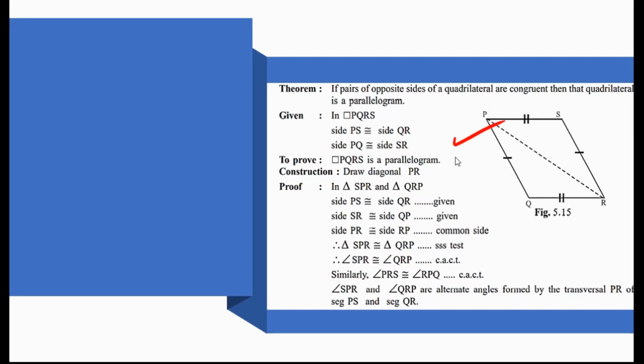Just by looking at it, you will not get it; you will start doing something, you will mark what is given. It is given only that opposite sides are congruent. That is marking done. Now, to talk about angles, we don't have anything in our hand. To talk about supplementary, we don't have angle measurement. Means some clue is not there. Then comes the idea of construction. When studying parallel lines and parallelograms, triangles are formed when a diagonal is drawn. So we are drawing a diagonal here.